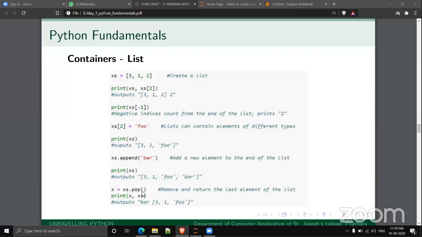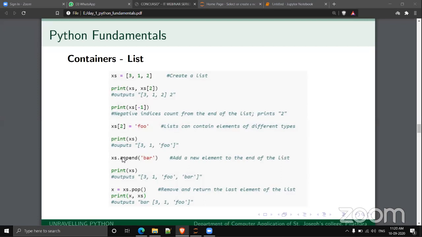To insert elements at the beginning of the list, you can use the insert function instead of append: the element to be inserted, comma, the position to be inserted. There are so many other functions for manipulating lists. I'm just giving some important functions. If you wish to move on, just refer to those functions too.